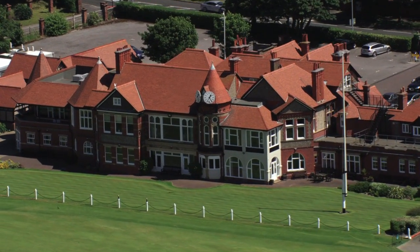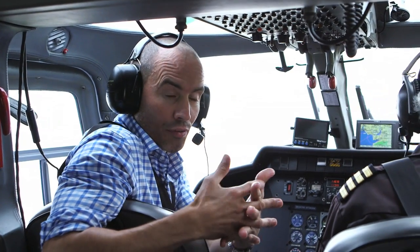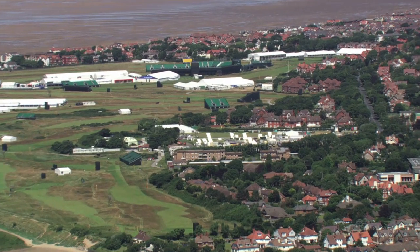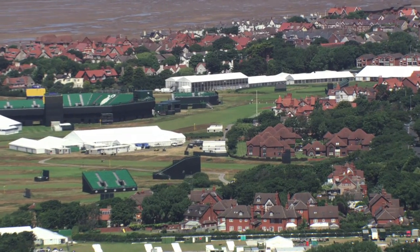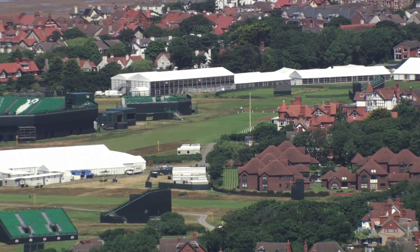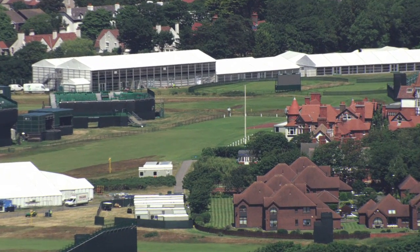We're up above the fairways of Royal Liverpool today to film the hole flyovers for the BBC's coverage, but I want to take this chance to have a look at 3 key holes for the Open, have a look at them from up here and a closer look down there as well, to look at the holes that might shape